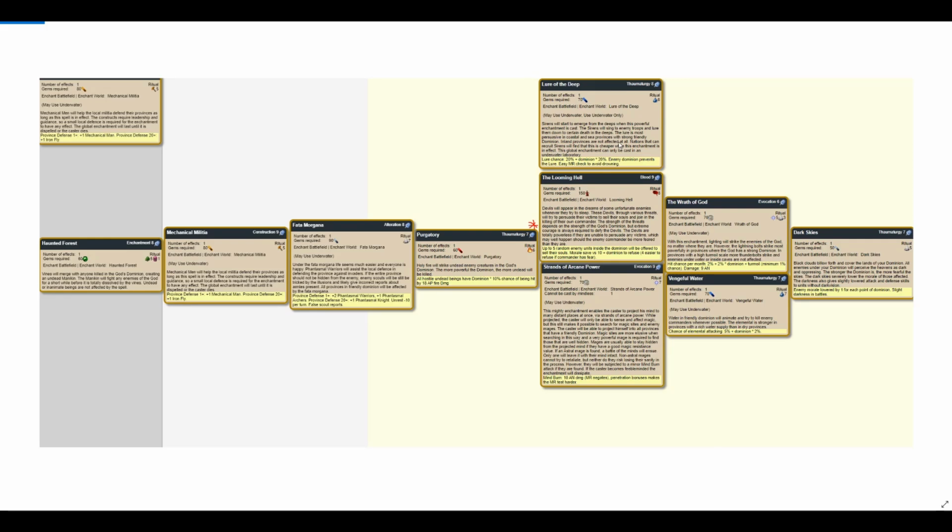All of these have flaws which put them below the two that we're going to talk about in the tier above. Strands of Arcane Power can only be used by a high-level Astral caster, and it has a couple of benefits. The first is the